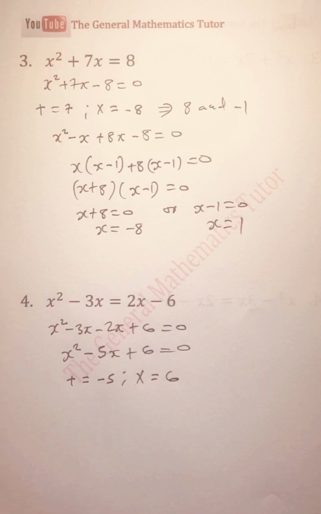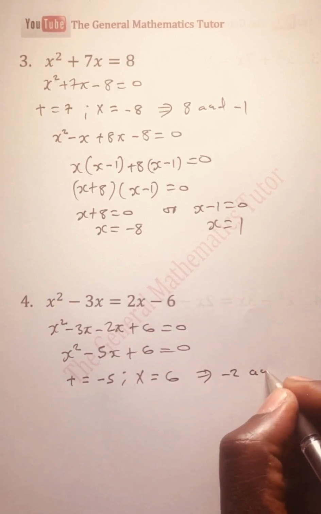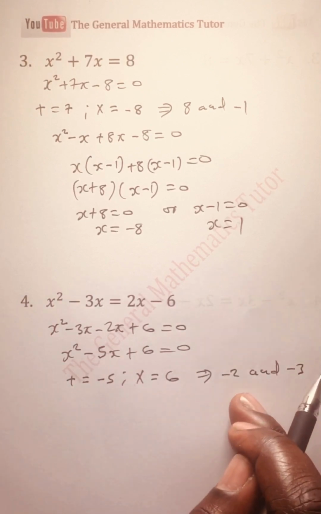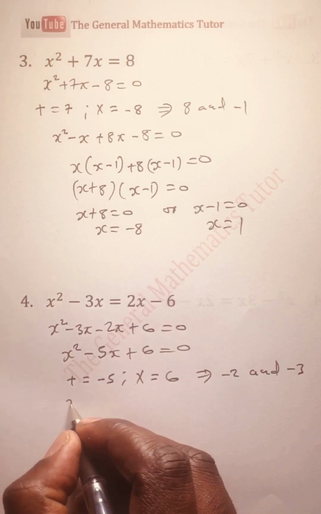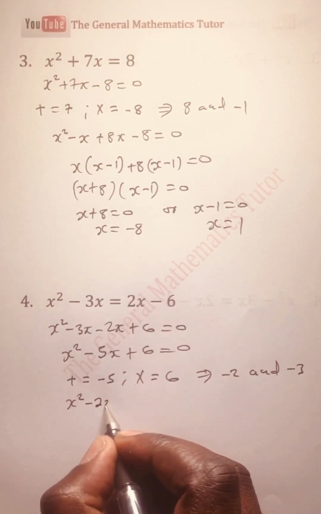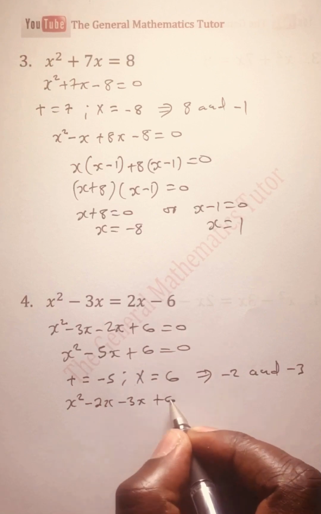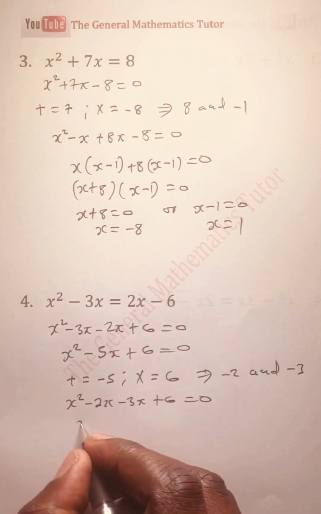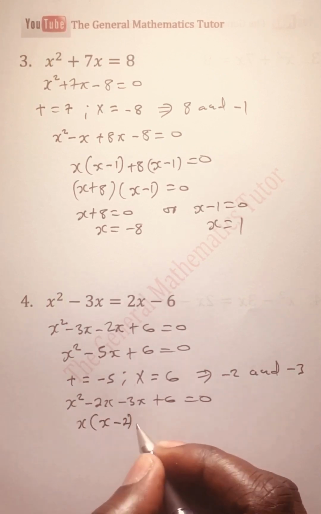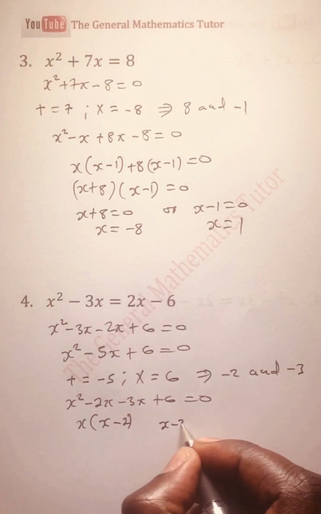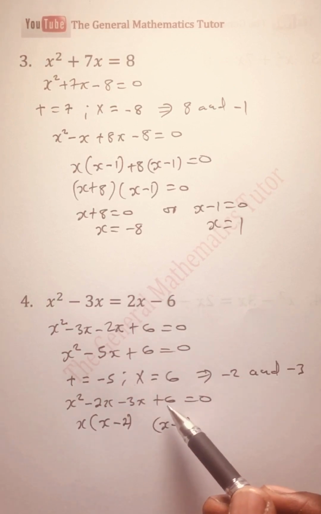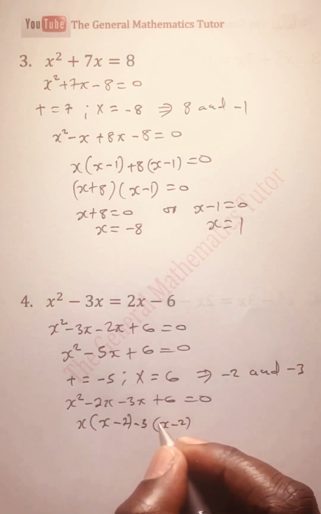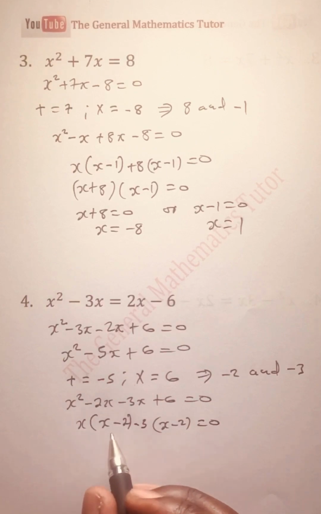So you will find those two numbers to be negative 2 and negative 3. So we just split negative 5 into negative 2 and negative 3. So we write the equation as x squared minus 2x minus 3x plus 6 is equal to 0. So we look for the common factor between these two, and that is x. So x into x minus 2. Then we expect x minus 2 this side. So for us to have obtained positive 6, it means we multiplied negative 2 by negative 3 is equal to 0. We take x minus 3,